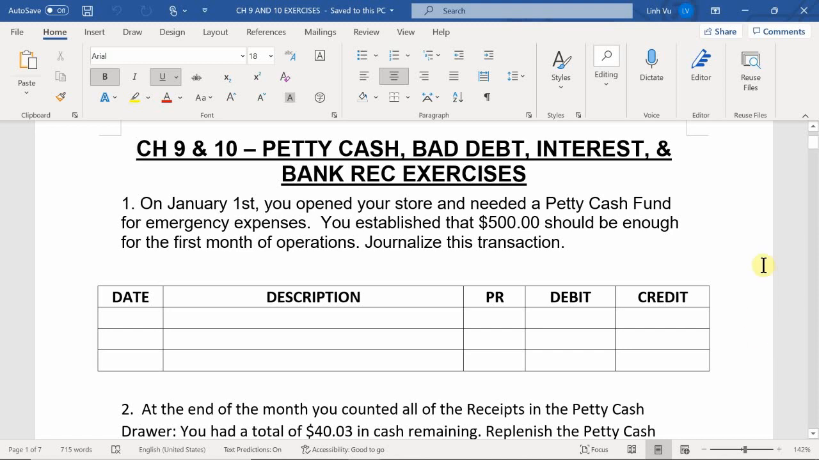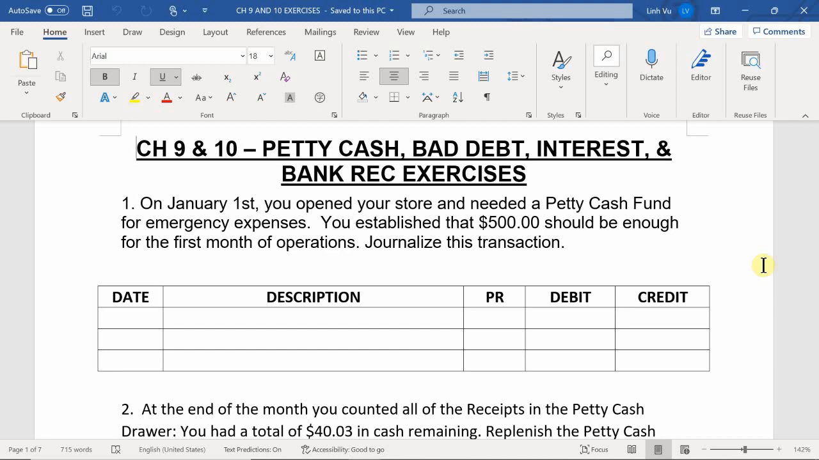So here's the chapter 9 and 10 exercise. Once again, this is a review of everything that I taught you in chapter 9 and 10. And this is kind of what you should look for towards the exam. Okay? So, chapter 9, we have here number 1, on January 1st, you opened up your store